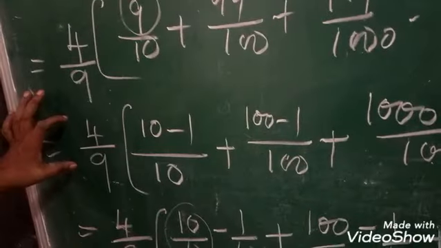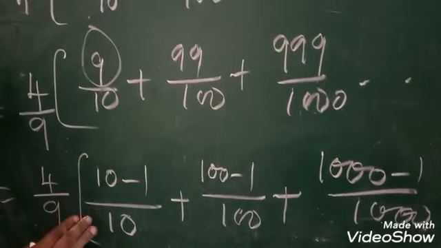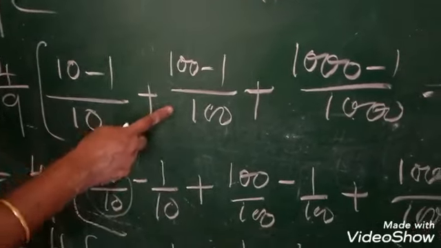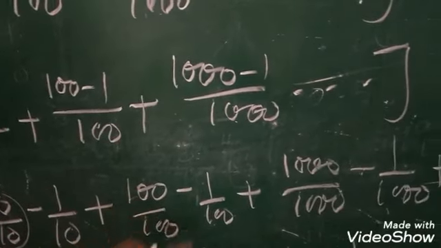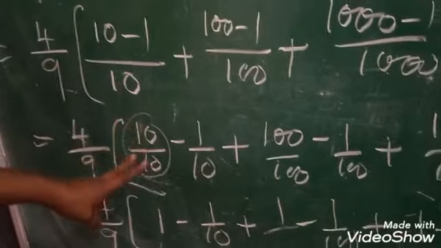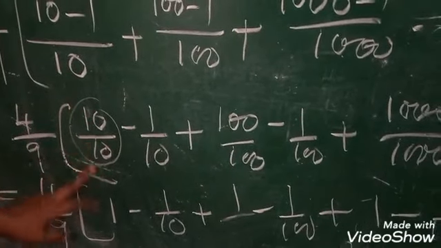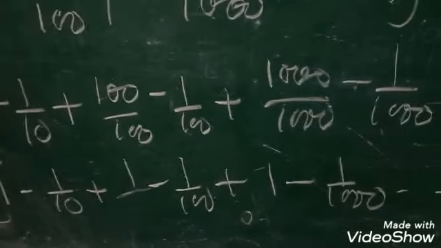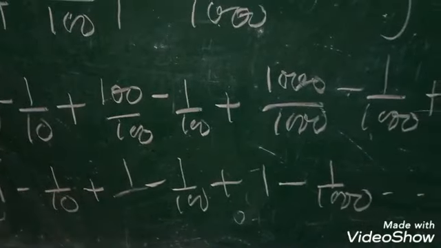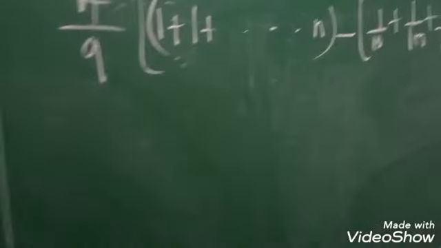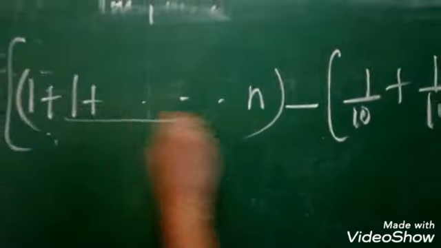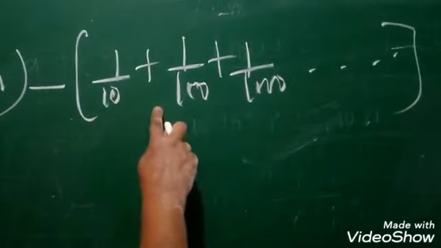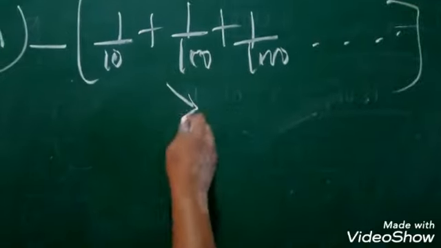Okay, have you all understood these steps? 9 I am converting. Next you have to split into 2 denominators, 10 by 10 minus 1 by 10. Here also 100 by 100 minus 1 by 100. Here I split out 2 terms. Then divide 10 by 10, you will get 1. The ones should be arranged in one set, and the remaining in another set. Now let's see, here the 1 is how many times? n times. So we write n. Okay, girls? Minus. Here you see the denominator is multiplied by 10. It should be converted as a GP.